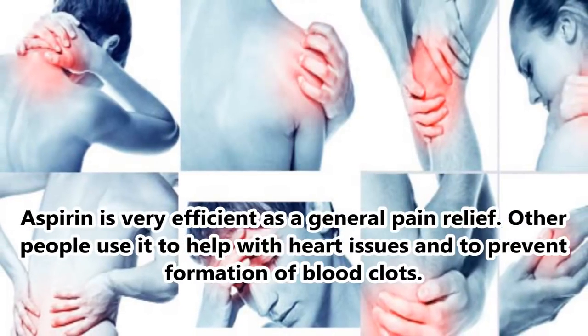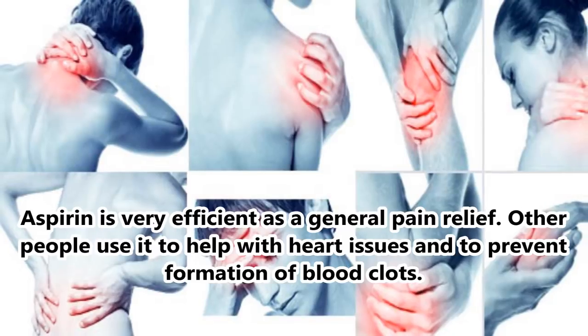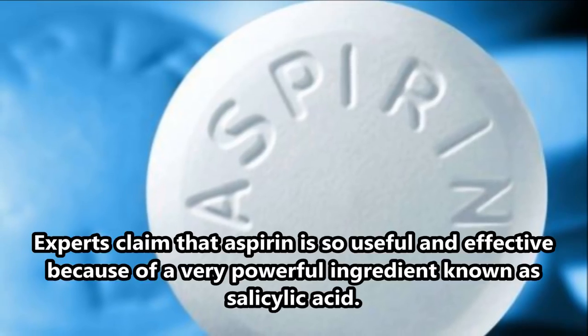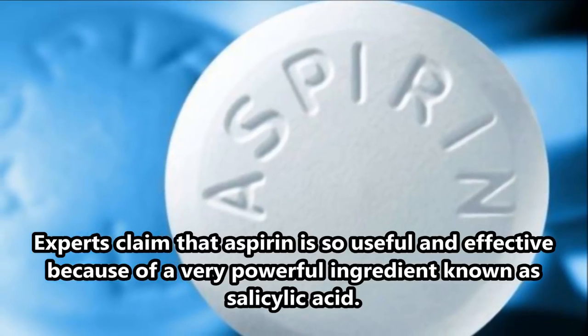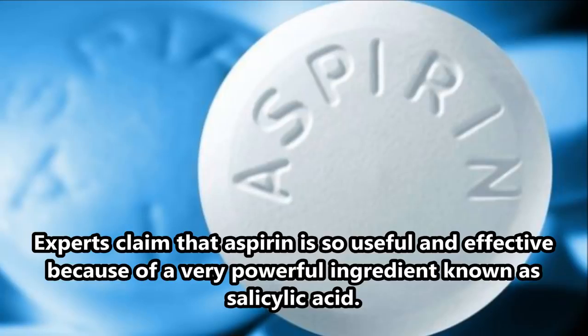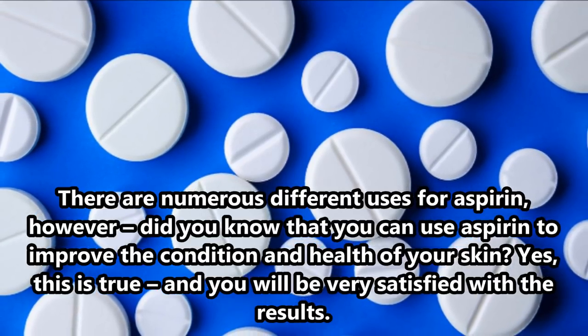Aspirin is very efficient as a general pain relief. Other people use it to help with heart issues and to prevent formation of blood clots. Experts claim that aspirin is so useful and effective because of a very powerful ingredient known as salicylic acid. There are numerous different uses for aspirin, however,